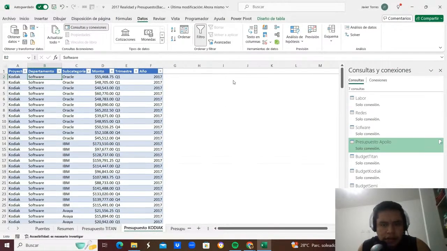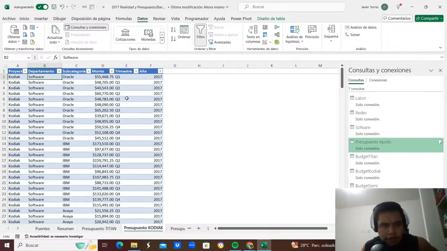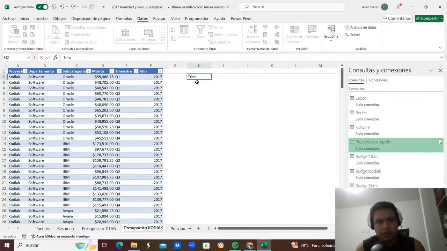I only want the connection. I only want to create the connection. So after that, yeah, the connection is already created, and then trimester, and then I want the date. So Q1,